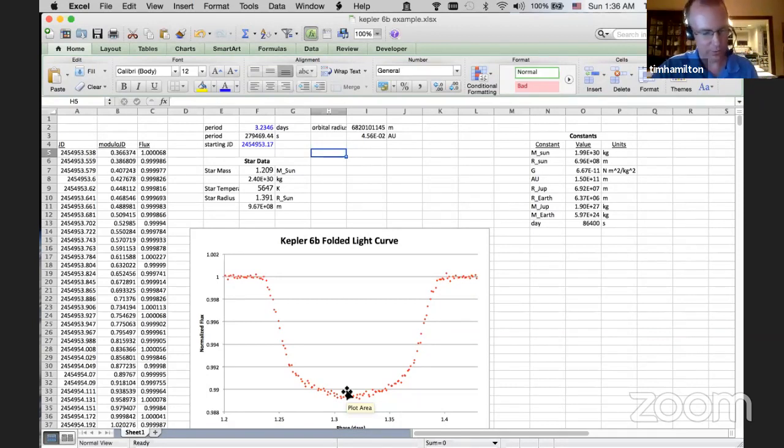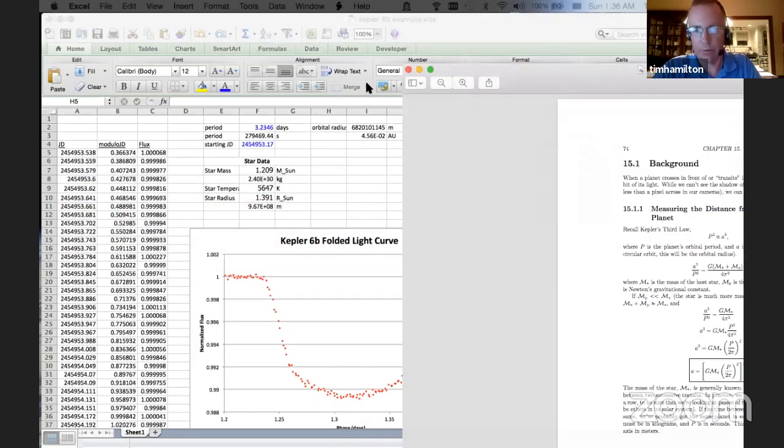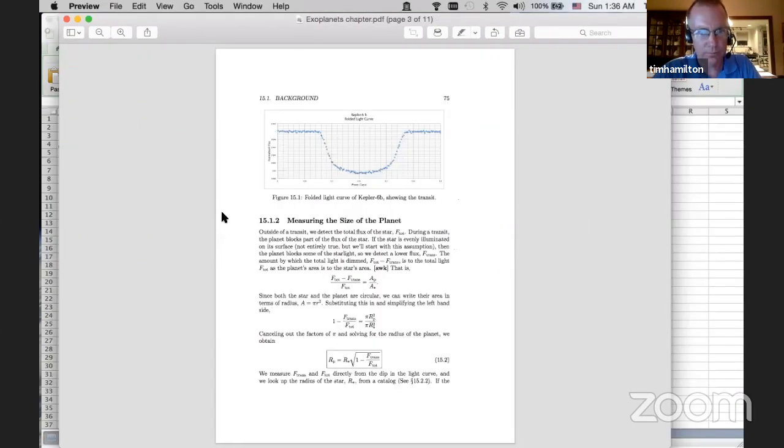If you take a look at the guide, it derives this for you and shows, again purely from geometry, that you can calculate the radius of the planet based on that. I'll bring this over here. Okay, so I'll use F for flux, which means the intensity of light. Tot for total, trans for the very bottom of the transit. And A is the cross-sectional area, where P means the planet and star means the star.